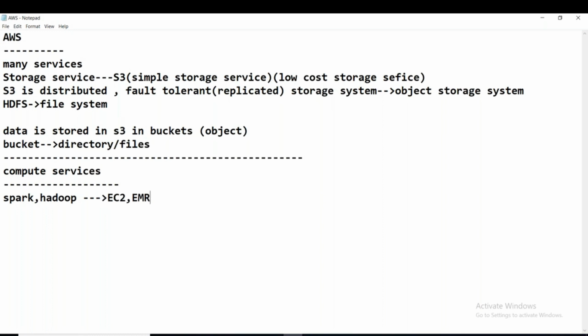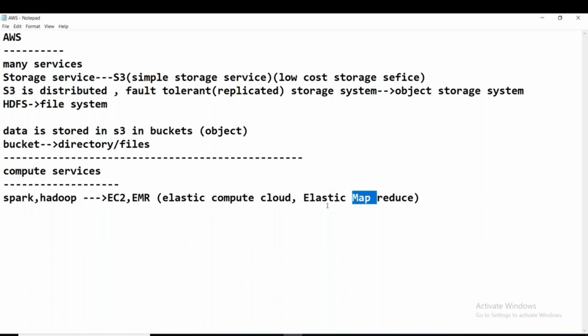EC2 stands for Elastic Compute Cloud, and EMR stands for Elastic MapReduce. There are two services that can be used for running Spark and Hadoop, but preferred is EMR.